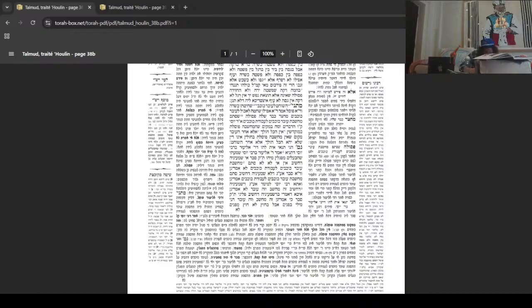So how can you separate the shechita from the throwing of the blood? Because when you're in the shechita, you're in the shechita. When you're in the blood throw, you're in the blood throw. Who cares what his intention is in the future? What is his intention right now for the action that he's doing?